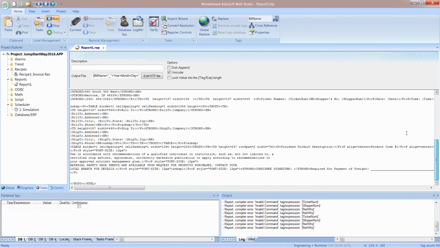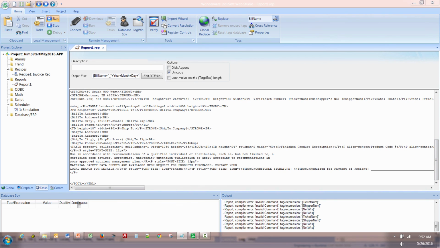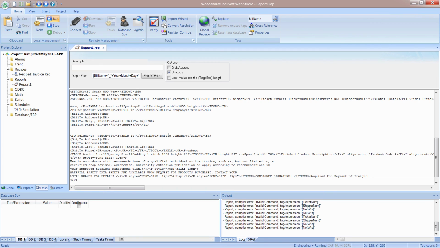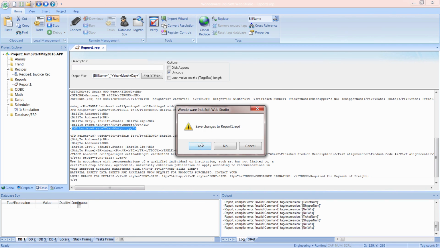So what I'm going to do is add one line to my HTML, and I'm going to put that in between the two tables here, between my bill to and ship to. And I'll just put this one line in here to make sure it's a little bit readable. So I'll include that image with no border, and the file will be trendoutput.jpg. And when I embed that,